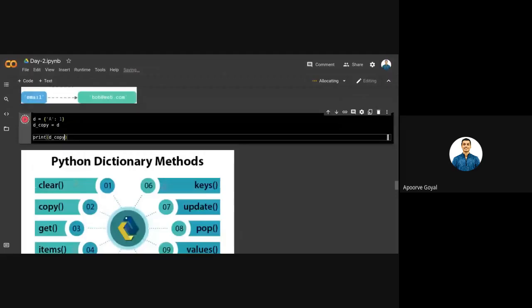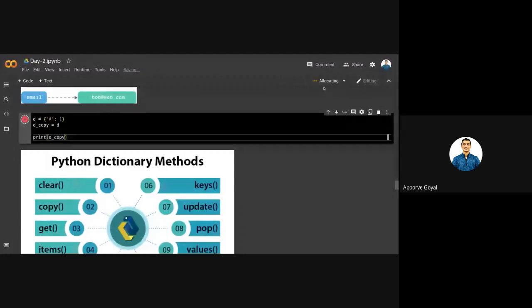This is an assignment operator. So I am using the assignment equals operator, and ideally it should copy all the elements of D into D copy, right? So let us see how it works. It will copy the elements of D in D copy, ideally.